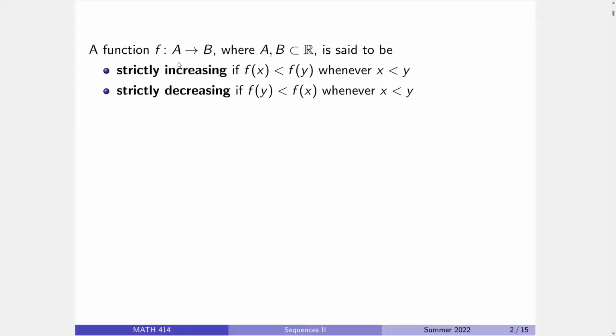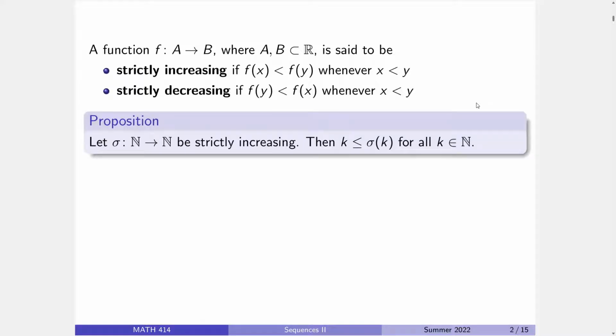Alright, so we're talking strictly increasing and strictly decreasing, and these are what you expect them to be, similar to monotone increasing and monotone decreasing, only now strict is requiring it to be strict, less than rather than less than or equal to. The only difference between the two. Okay,